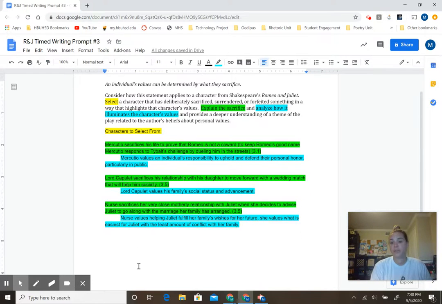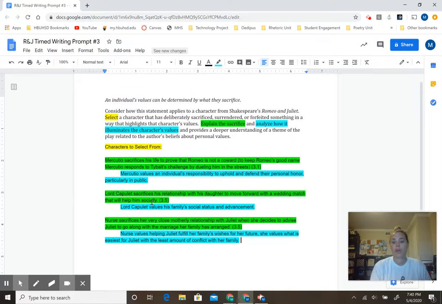There are other characters that you could argue here. I mean, one common one is Friar Lawrence. People always argue that he sacrifices his name and ultimately his life should anybody find out that he decided to marry these two in secret. The issue with that is when you come to the end of that argument, he confesses about what he's done and he doesn't ultimately need to sacrifice his life, and he ultimately doesn't sacrifice anything except for Juliet and Romeo, who are two youth that he cares about.